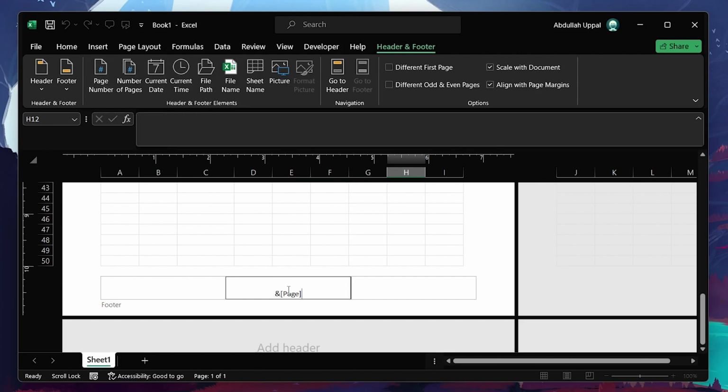If you want to include the total number of pages as well, you can type "of" after the number and then click on Number of Pages. This setup will display something like 1 of 1 in the footer, indicating the current page and the total number